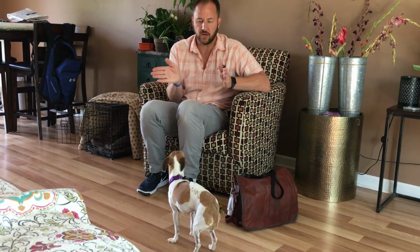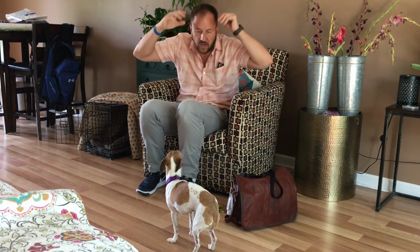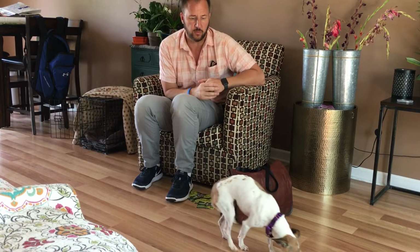Now, also you can see her ears are very far back and she's kind of hunched over. That body language tells me she's very uncomfortable. And so again, if I were to try to pet her, that would spook her, send her away, and undo a lot of the work we're going to do. We might have a couple guests that come over and repeat this ritual 2 or 3 times without even touching her. We want to wait until she starts coming towards the guest, and then at that point, they're going to